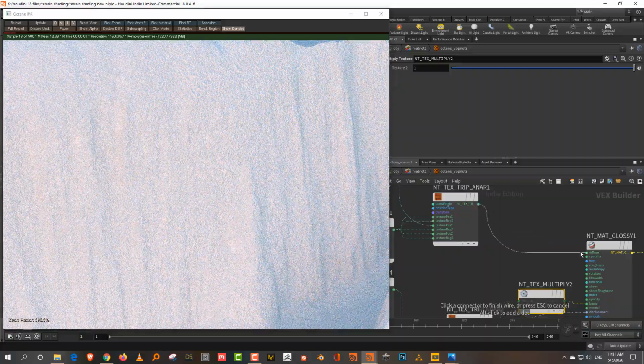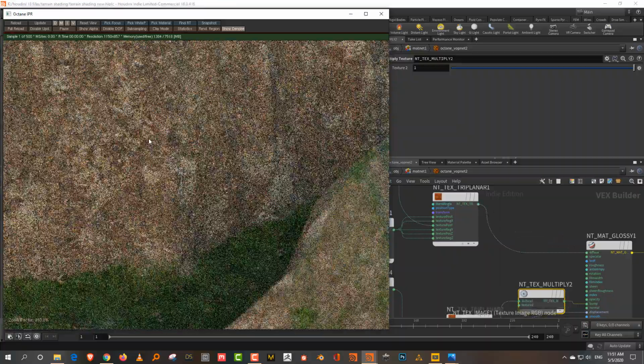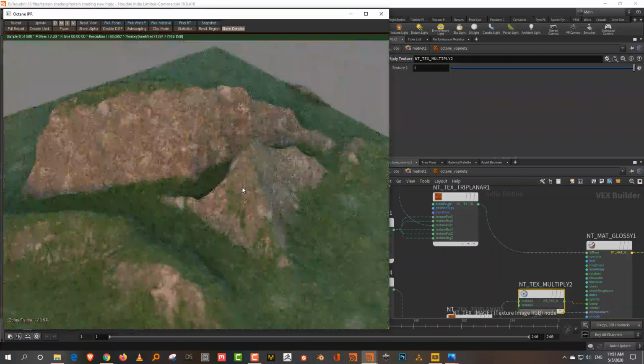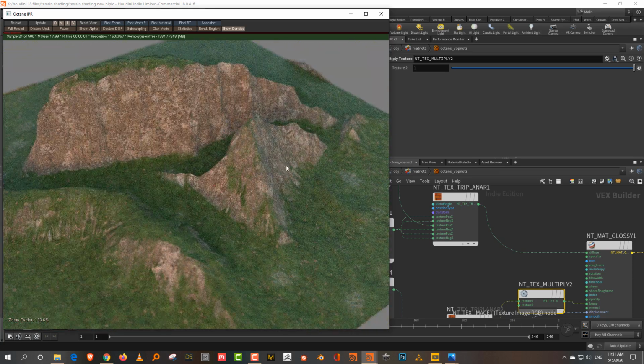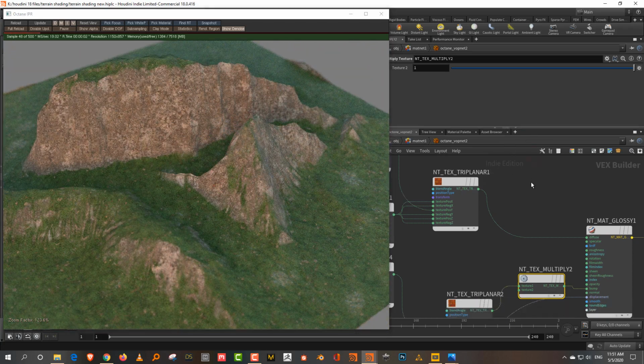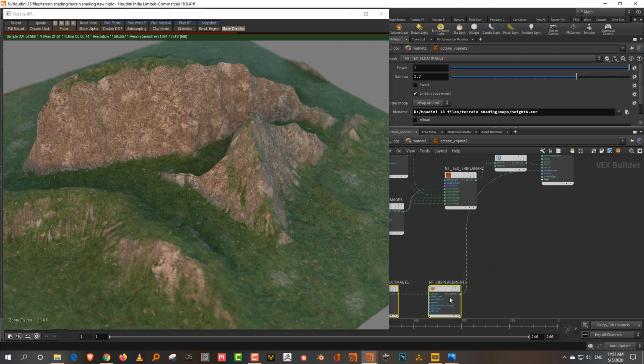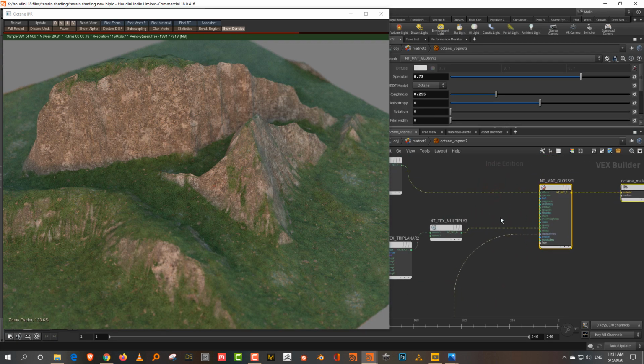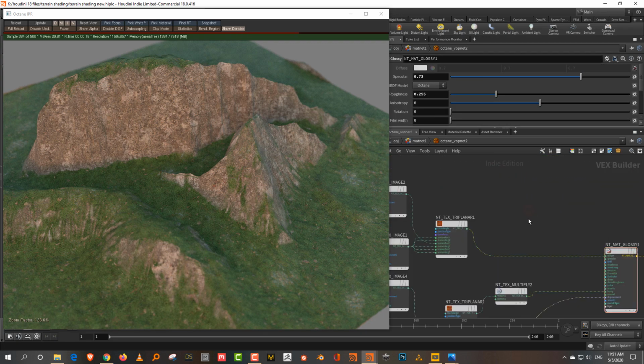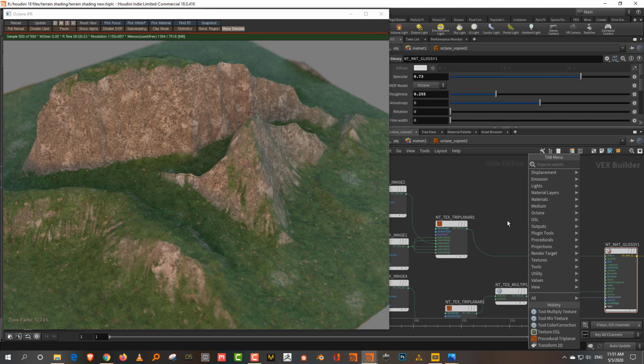So you can bring this back and you have a fairly nice, decent, non-repeating terrain. And then on top of this, if you want to bring in the rest of the maps that you have made, the flow map and the debris map and all of that, that's sort of up to you. We can try to bring one of those in. Let's see if we can bring something in. So I can just take this and maybe just do a multiply or something.